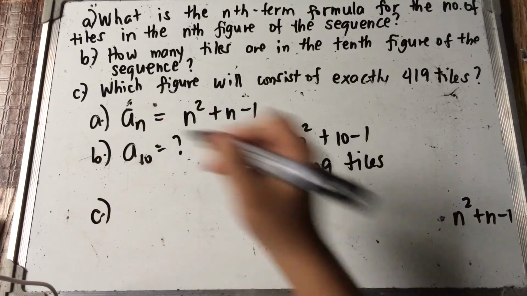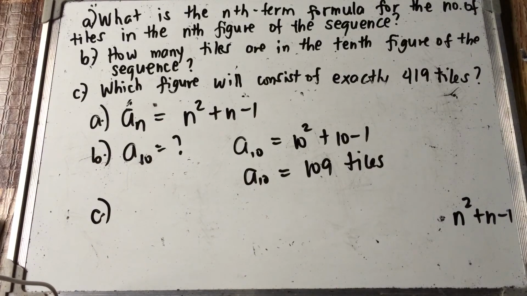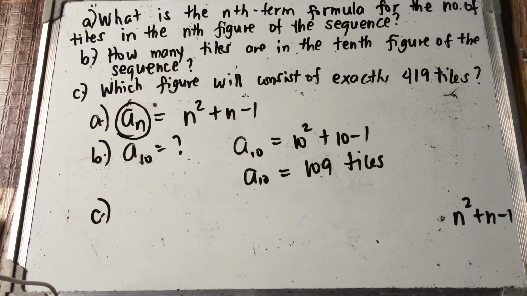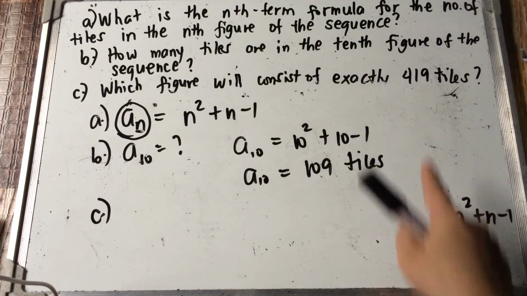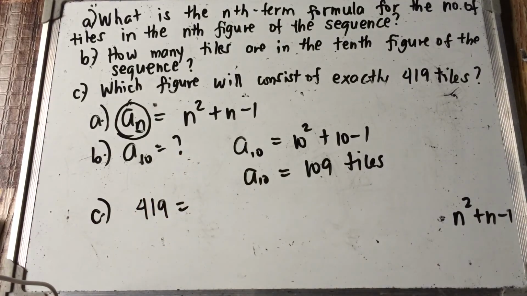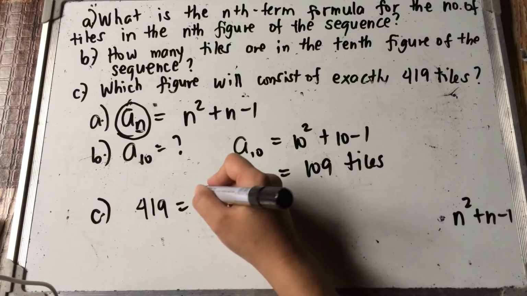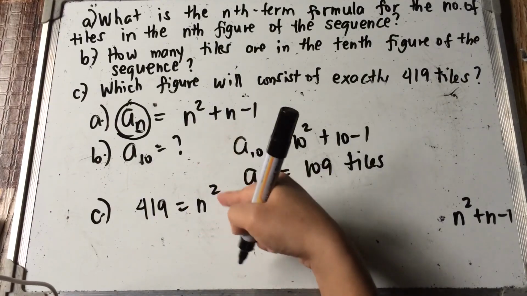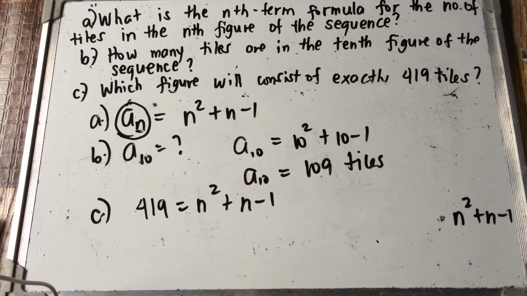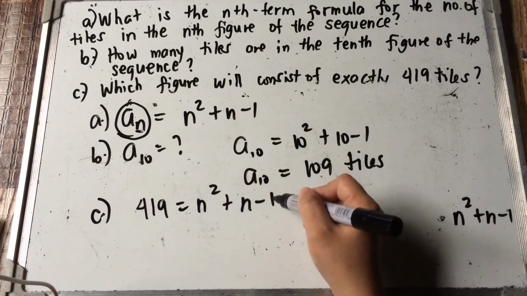And then, letter C, which figure will consist of exactly 419 tiles? So, di ba dito sa formula, a sub n, yan yung number of tiles. And then, n is the location. So, ang given dito sa letter C is yung a sub n. So, we have 419. And then, ang hinahanap natin is the value of n. Isolve natin dito sa right-hand side. N squared plus n minus 1. So, solving for n, so we have, i-transpose natin